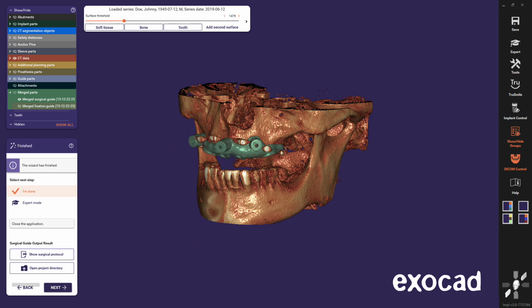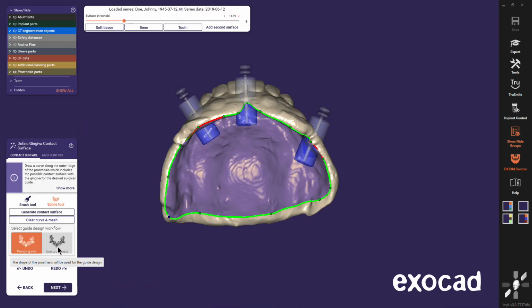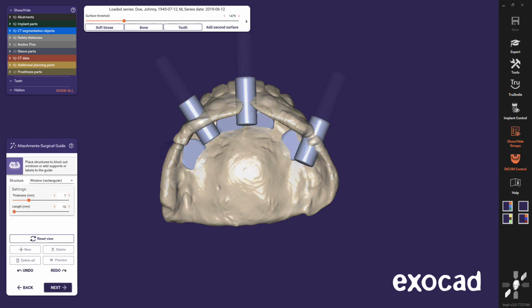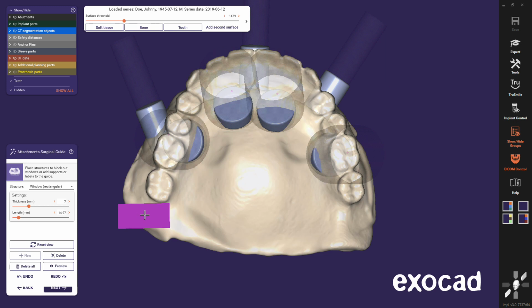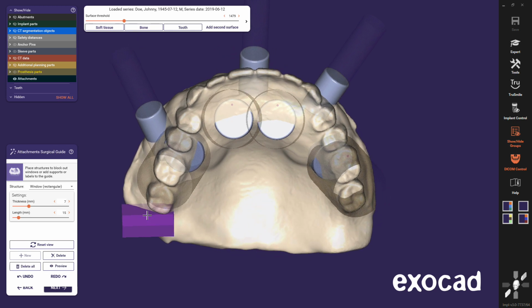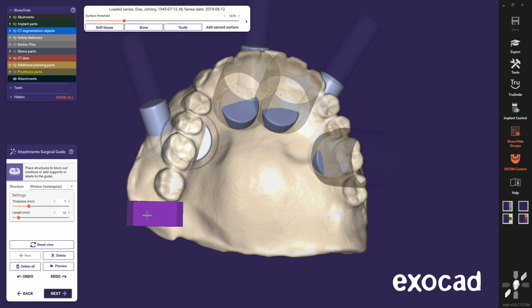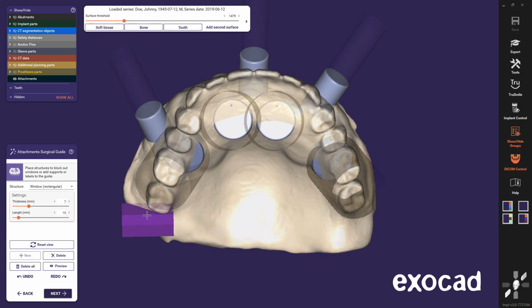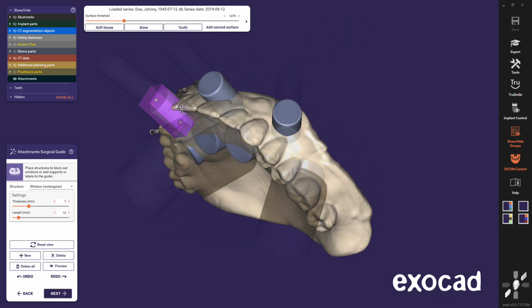Now let's go back and look at the design workflow Use Prosthesis. When I select Use Prosthesis, I don't need to design a surgical guide bottom or top. Instead, I get the denture shape as basic shape for my guide, and the next step is the attachment step. If I know already from the beginning that I will use the prosthesis for my surgical guide design, I can make sure to create room for the tools using the clearance above cylinder during the design sleeve mount step.